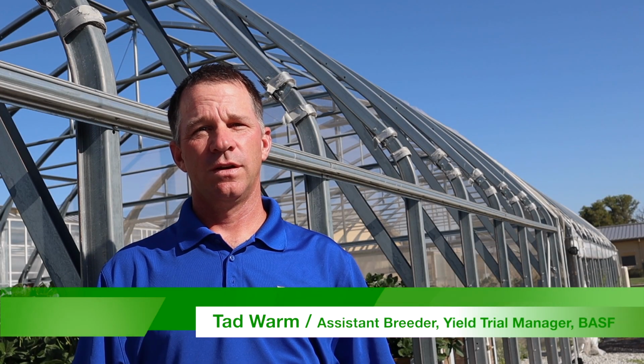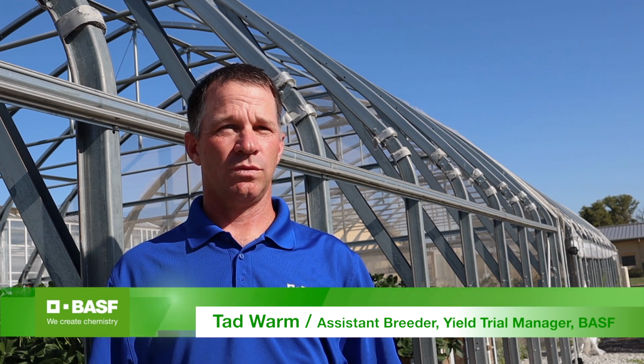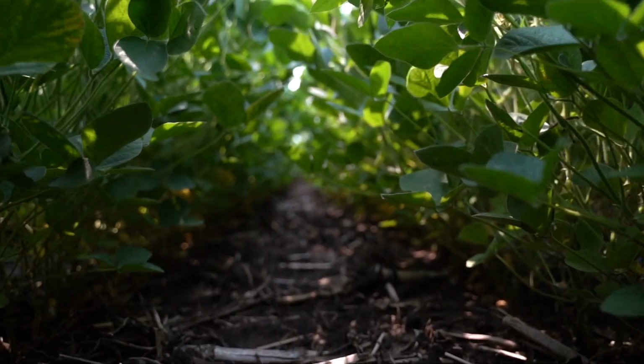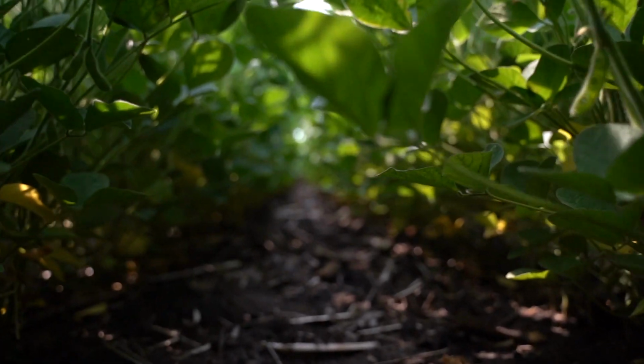What we're doing is we're crossing soybeans from here. Then this seed will ship to Puerto Rico and they'll plant it in a winter nursery, so they can plant and harvest soybeans all year long. And what that does is just gives us more seed. Then they ship it back here, and in the spring, we'll plant it in what we call a